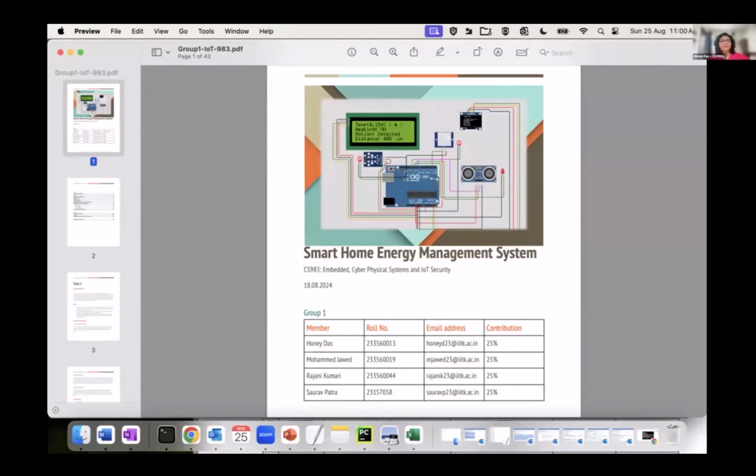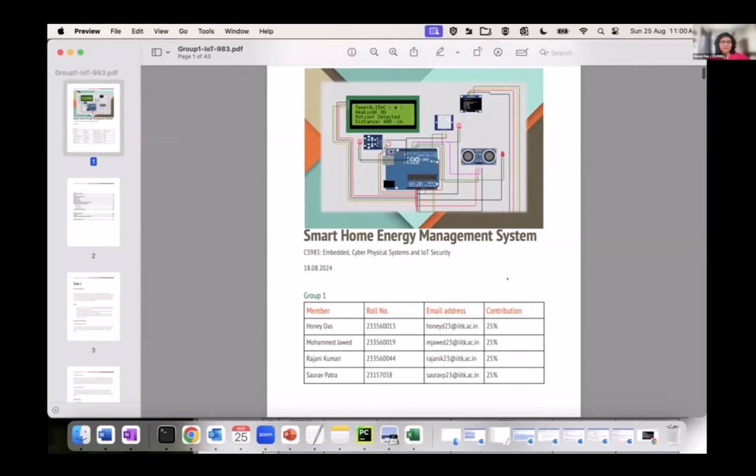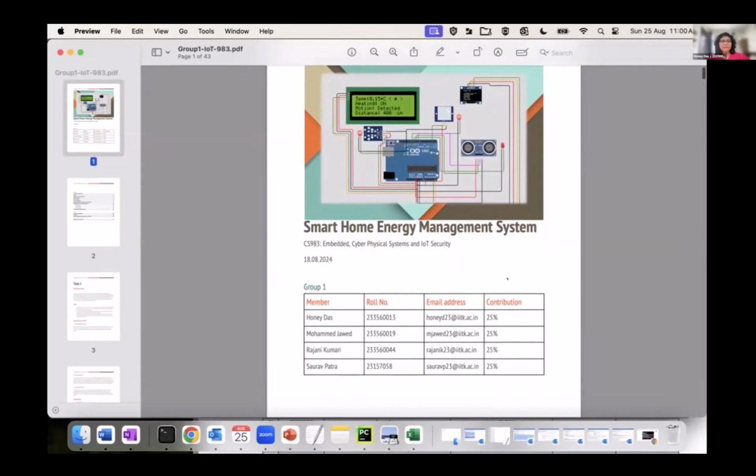Hello and good morning, everyone. Welcome to the presentation on Smart Home Energy Management System. Today, we are going to walk through the report and the demo as prepared by Group 1. This group comprises Javed, Rajni, Saurav, and me, Honey. We are going to give you a quick round trip of the entire report, and then we'll also walk through